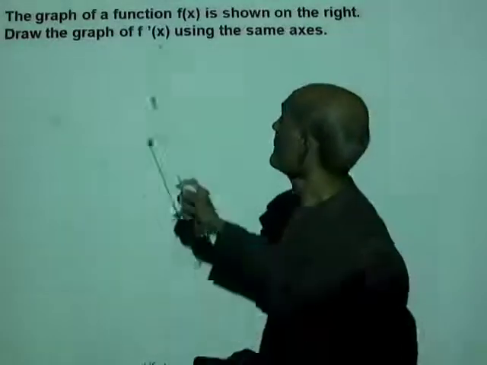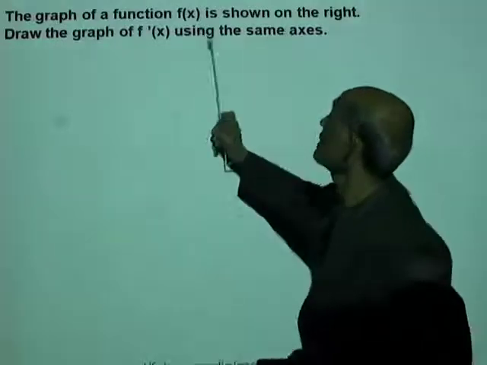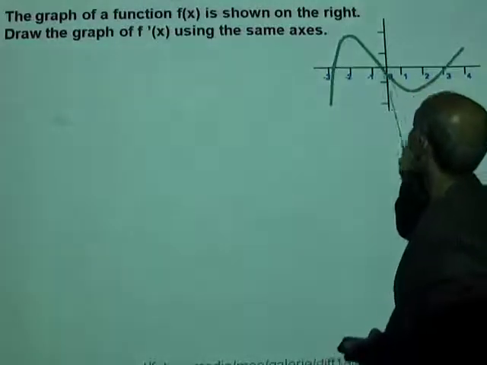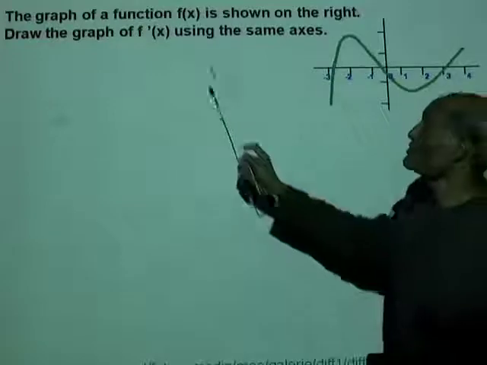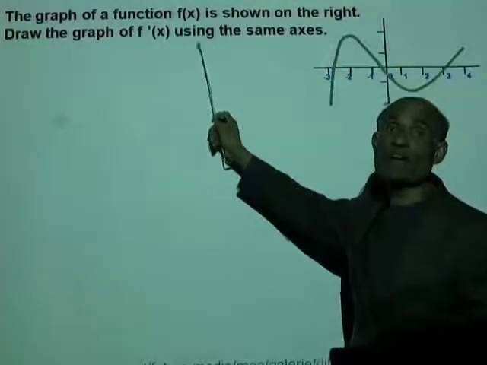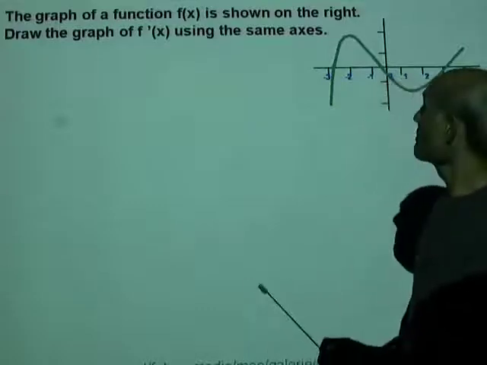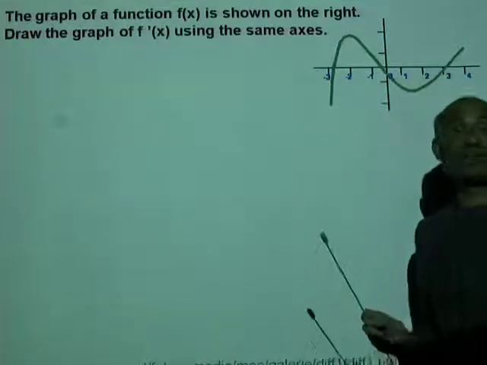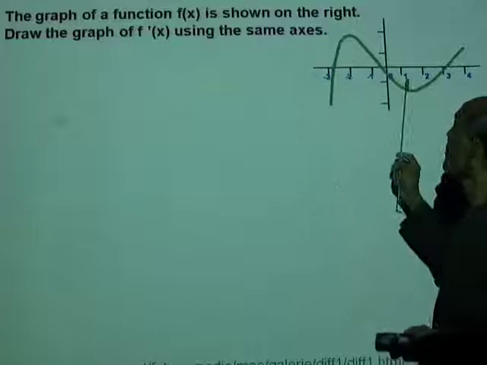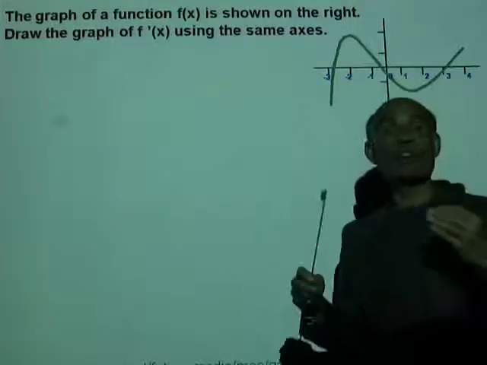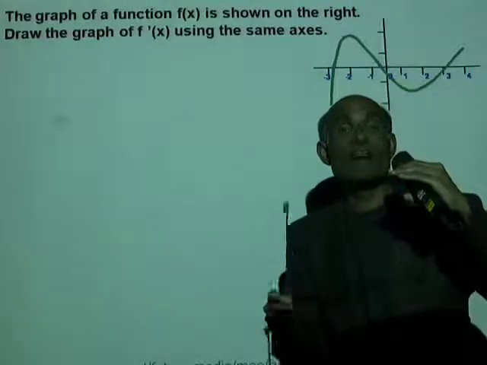Let's do another one. The graph of a function f of x is shown on the right. Here is the graph of a function. Draw the graph of f prime of x using the same axis. First of all, look for maximum or minimum points, because if the function has a maximum point, at that point